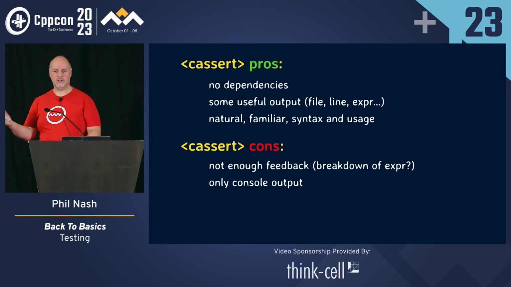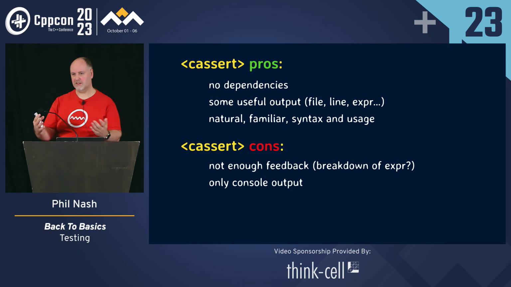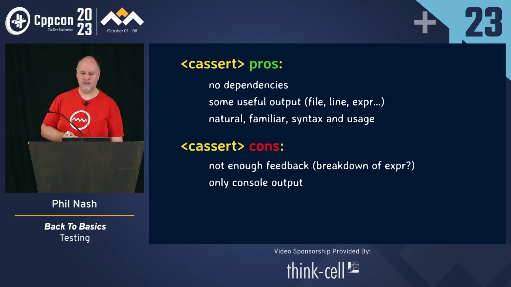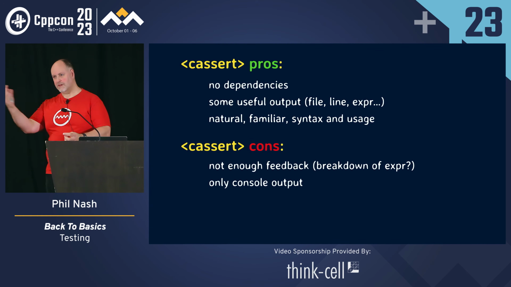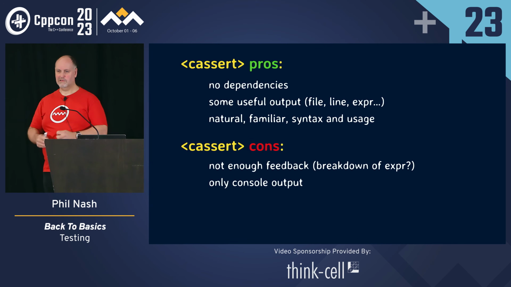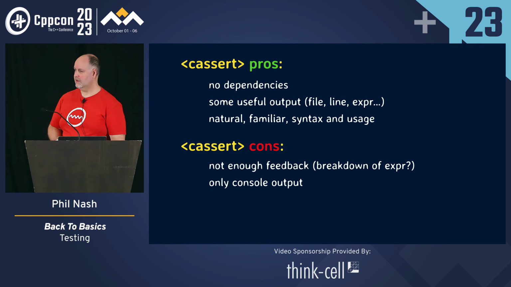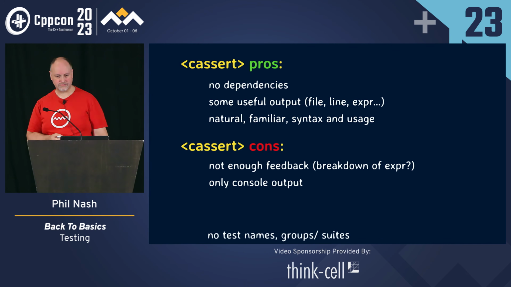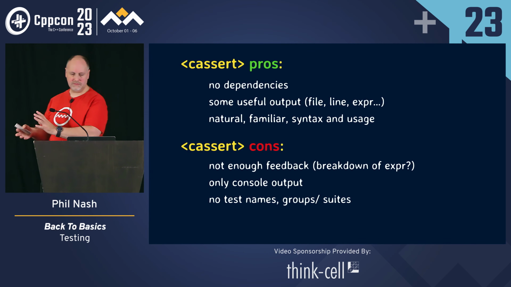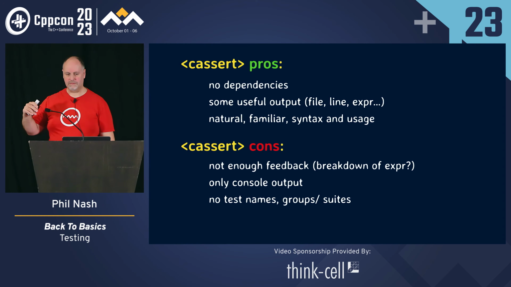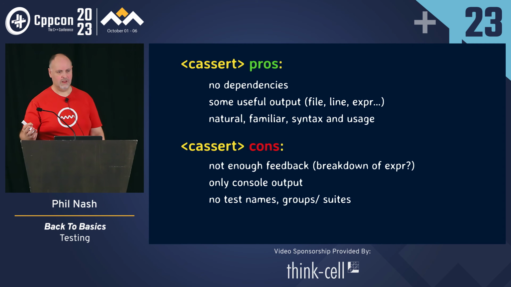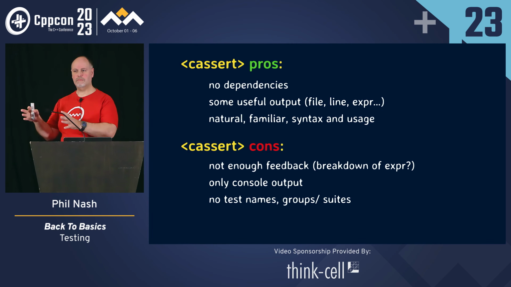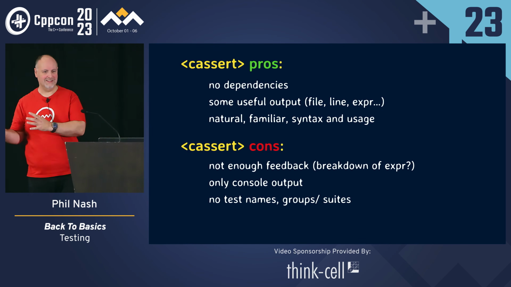We're going to get output to the console. We can redirect it to a file, but it's basically just text output in an implementation-defined, non-structured format. We often want something that we can feed into some other reporting tool, or at least visually present nicely, especially if we've got richer feedback. So that's the limitation. We don't have test names. We may be able to fake the function name, but that's not reliable. We certainly don't have the ability to group them into suites. You could add a layer to do that, but at that point, you're already on your way to writing a test framework. You may as well use one.